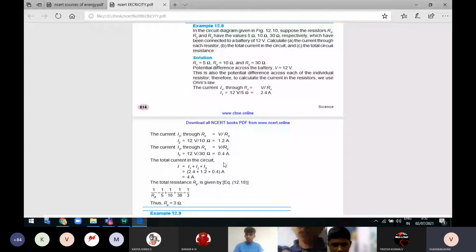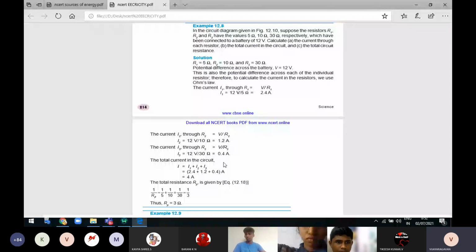If you want to connect this in series, what is the formula for finding the total resistance of the circuit? Using these three resistors, 2 ohm, 3 ohm, and 6 ohm, connected in series, we add them: RS is equal to R1 plus R2 plus R3, where R1 is 2 ohms, R2 is 3 ohms, and R3 is 6 ohms.